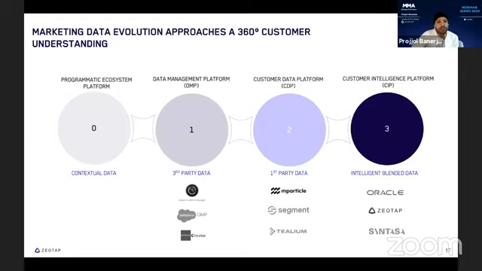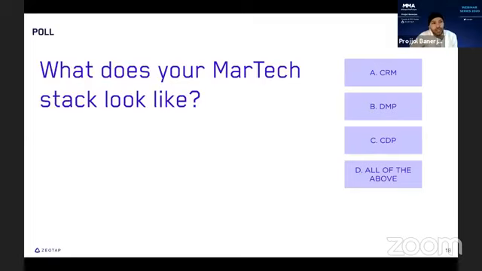Which maybe brings us to our first poll of the day, which is, what does your martech stack look like? If you could quickly answer that poll, then we'll cover the results over the course of this discussion as well. While you guys are doing that, I'll move to the next slide,